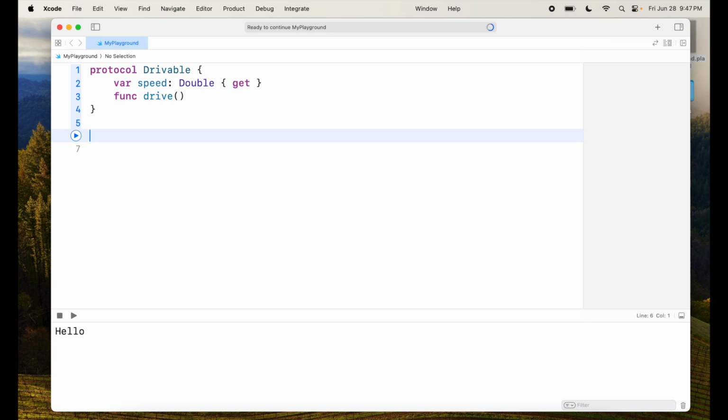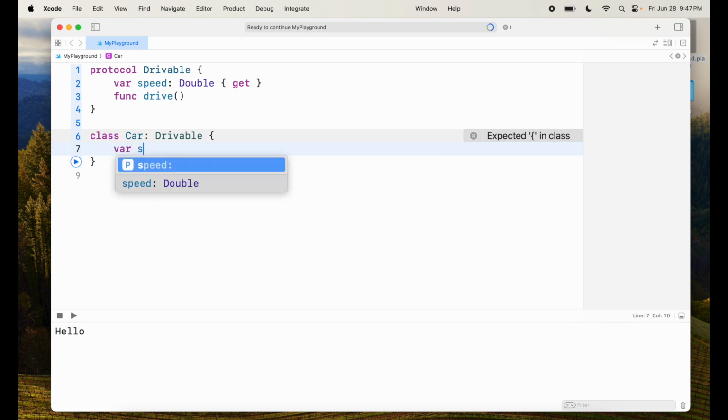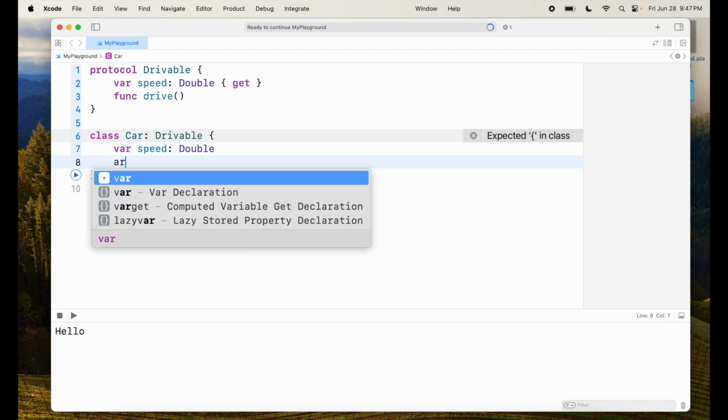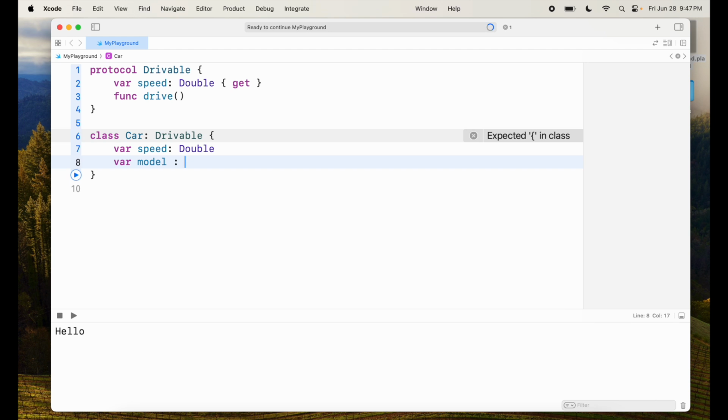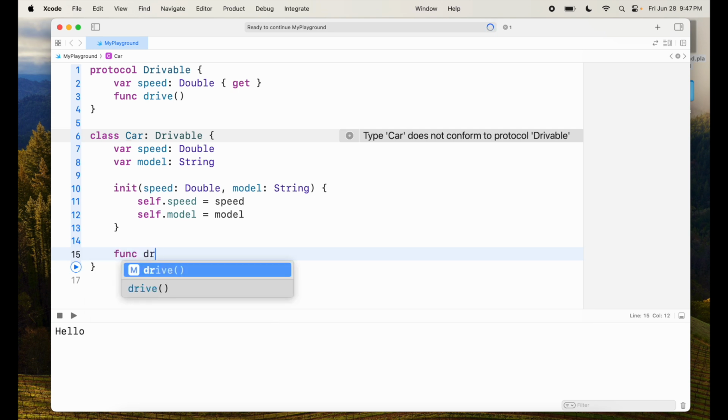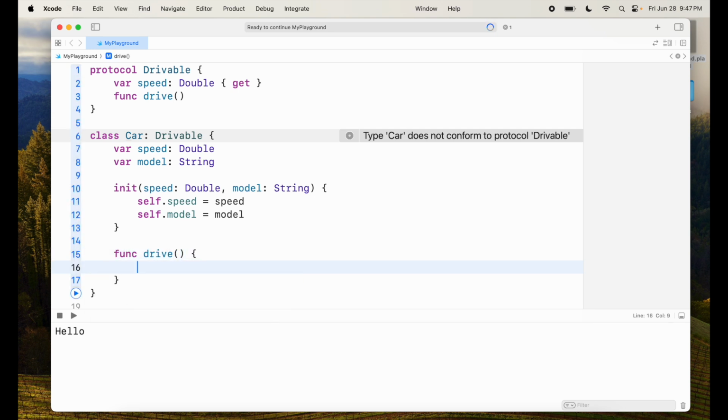Now I want this protocol to be adopted by a class. So I can say class Car, which follows the protocol Drivable. It has a variable speed of type Double and a variable model of type String, and then I can initialize this automatically. I don't do anything, and as you can see there's an error because I have not implemented the drive functionality. So to do that I can say print inside here